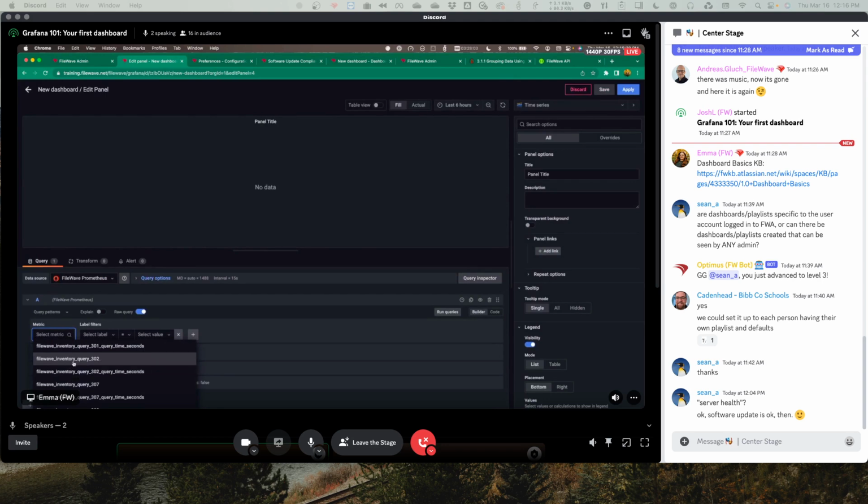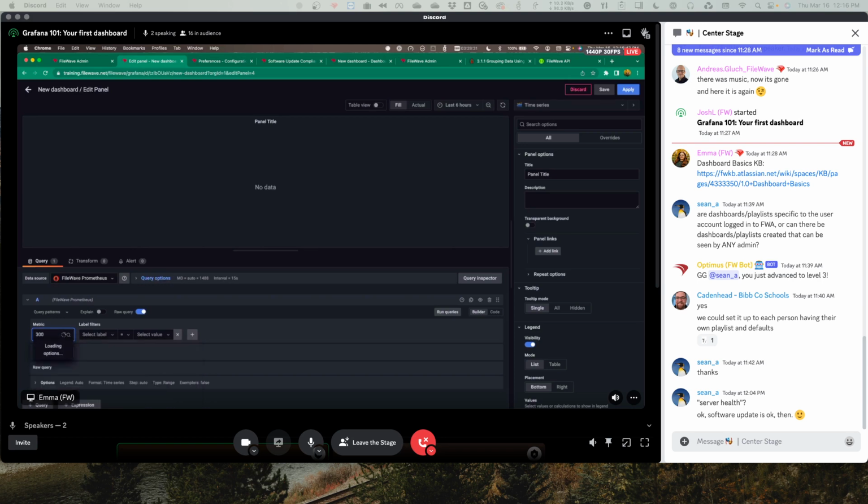list of metrics. These are all of the YAML files that I have added. You'll want to look for your specific query, which is why it's important to put your name or the query number in the name, so it's easy to go back to when you inevitably forget. And if you're looking at this for a while, it does take a minute for it to actually show up after you've created that file. I would say wait at least a minute for it to show up, and you can also just search by